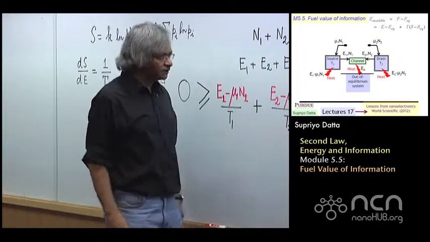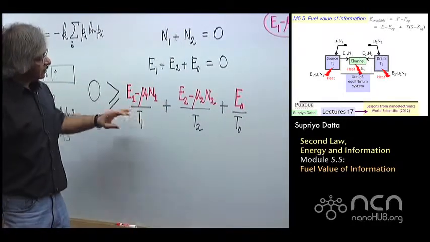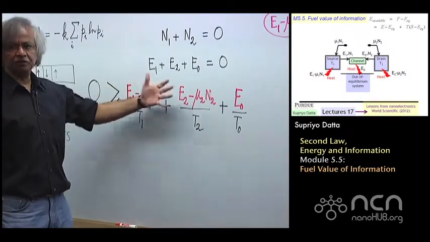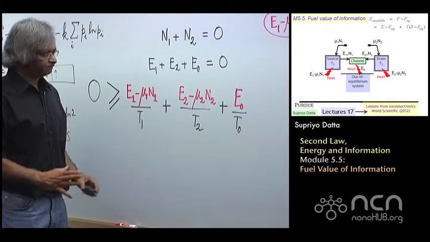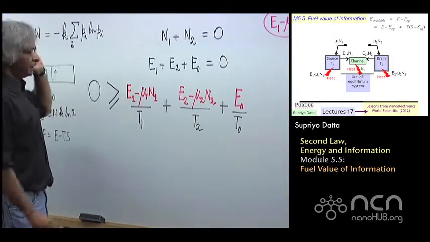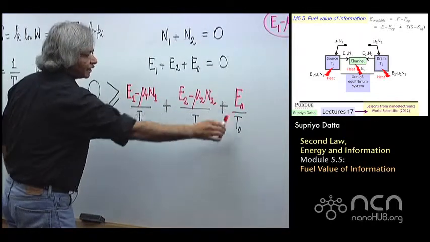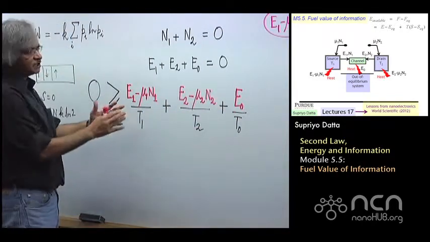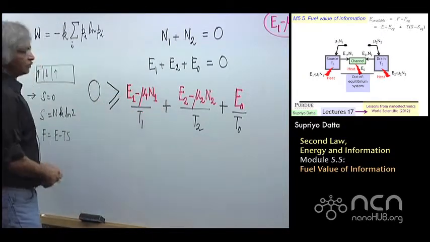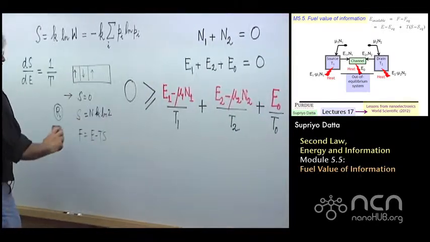So the first point is, how do you show that according to the second law, you could extract an amount of energy equal to the change in this free energy? Okay. So the first point to note is that these quantities here actually denote the change in the entropy of that reservoir. And that's because, you see, earlier we had written,